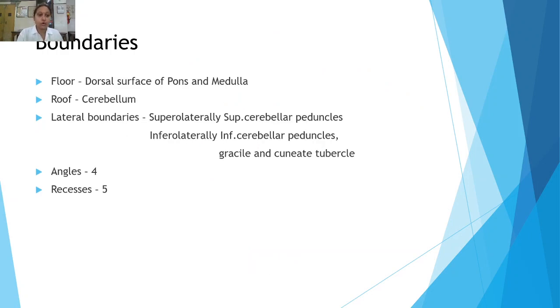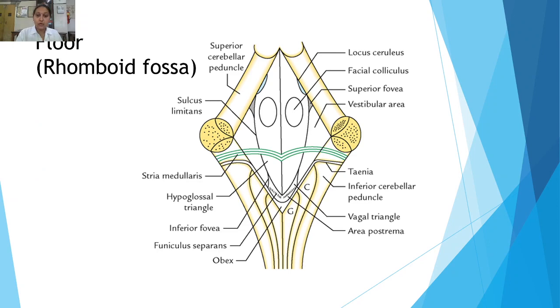The floor is formed by the dorsal surface of the pons and medulla. The roof is formed by the cerebellum. Lateral boundaries: superolaterally we have the superior cerebellar peduncles, which form the superolateral boundaries. Inferolaterally, the inferior cerebellar peduncles are the main boundaries, supported by the gracile and cuneate tubercles. We know what the gracile and cuneate tubercles are. So inferolaterally, the inferior cerebellar peduncles and the gracile and cuneate tubercles are the lateral boundaries. Now, angles. Four angles are there. The superior angle is continuous